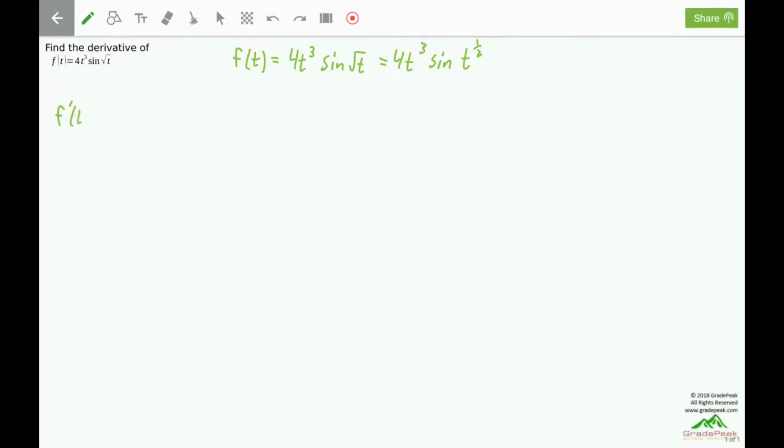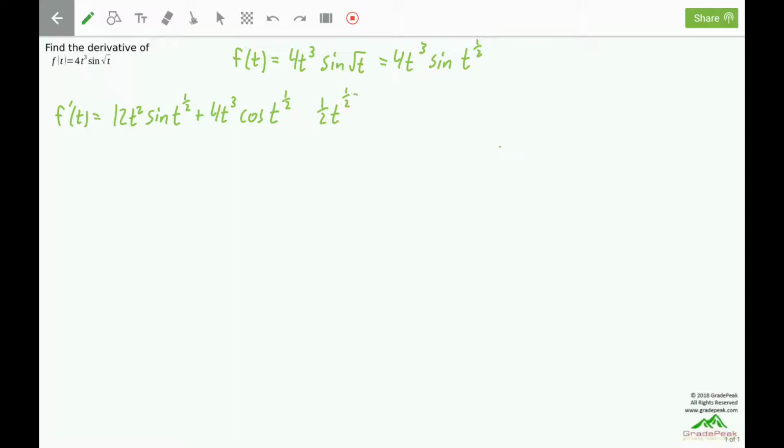So the derivative f prime of t will be the derivative of the first, derivative of 4t cubed, bring the power down, 12t squared, times the second left alone, sine of t to the 1/2, plus the first left alone, 4t cubed, times the derivative of the second. The derivative of sine is cosine. Leave its inside alone, and now multiply by the derivative of the inside, which is a power rule, 1/2 t to the,